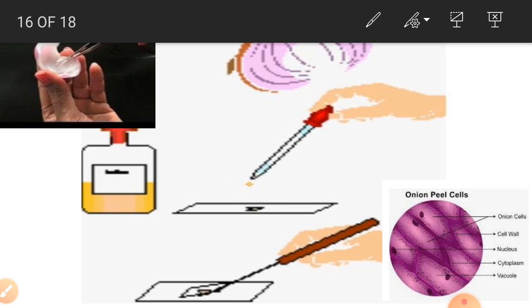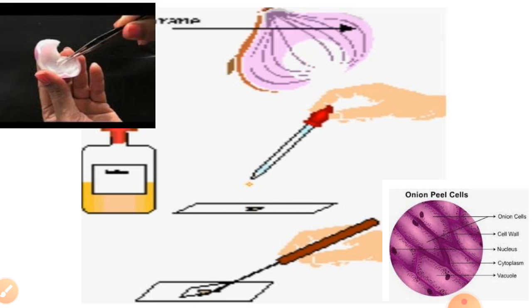First we cut a slice of the onion and peel off its white skin. It is a polythene-type structure. Take out the thin membrane present between two fleshy layers and place it on a clean glass slide. Then put a drop of water on the fleshy layer and place a cover slip over it. Observe the slide under a microscope.